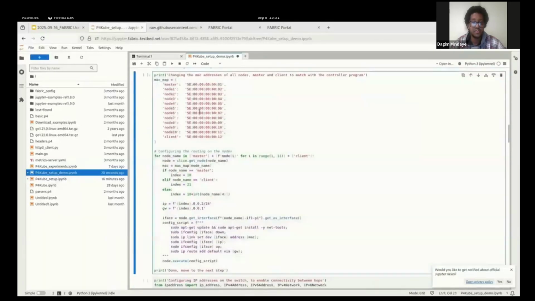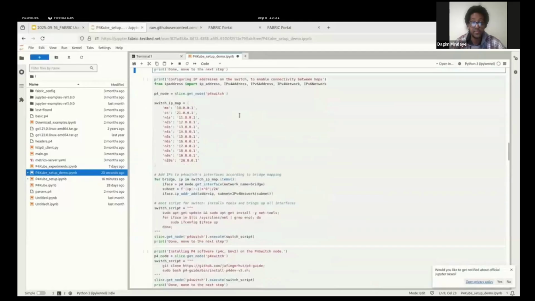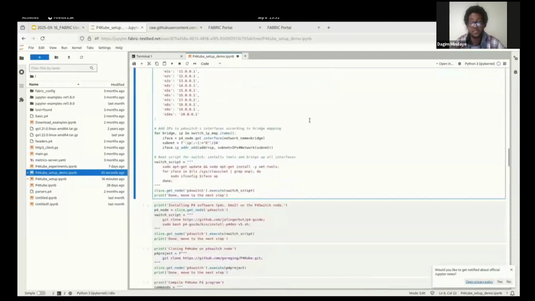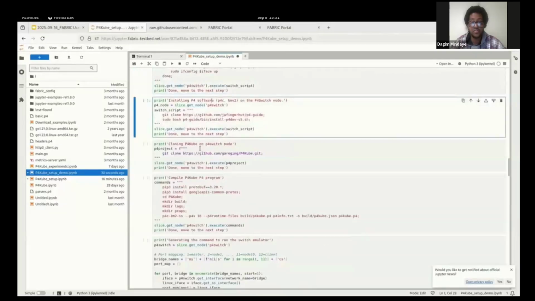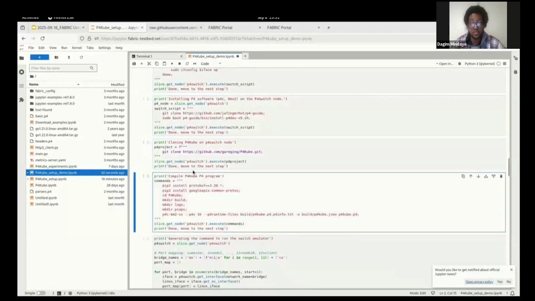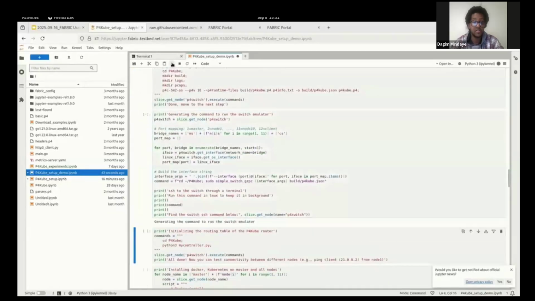So you'll see it here. This is where we change the MAC address of all the nodes to match with the controller program, configuring the IP address on the switch to enable connectivity between the hops. And this is where you'll install the P4 software on the P4 switch node. You're cloning a bunch of stuff here, and then here you'll generate the command to run the switch emulator,